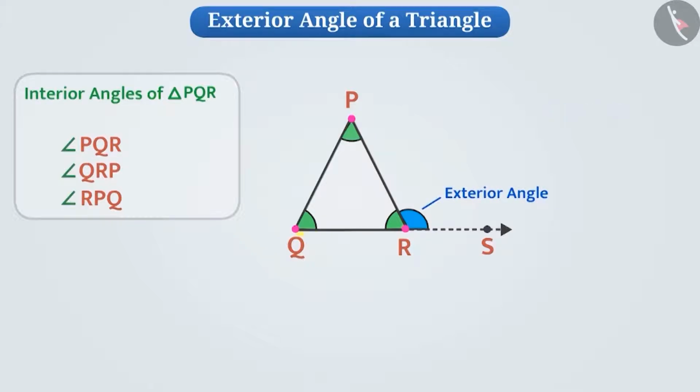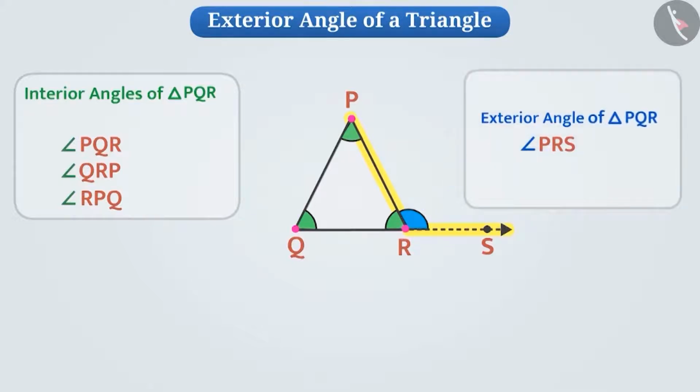Here, we have extended the side QR through point S. This gives us angle PRS, which is an exterior angle of the triangle PQR. Angle PRS is an exterior angle formed at vertex R of triangle PQR. Now consider this, if we extend the side PQ through M, then which exterior angle will be formed? You got it right. We will get the exterior angle, angle RQM, which is an exterior angle formed at vertex